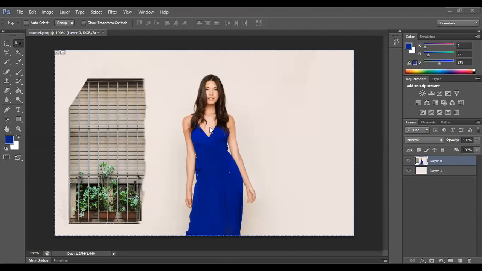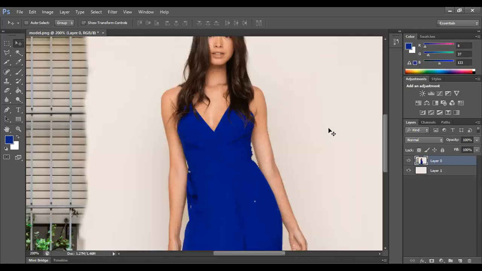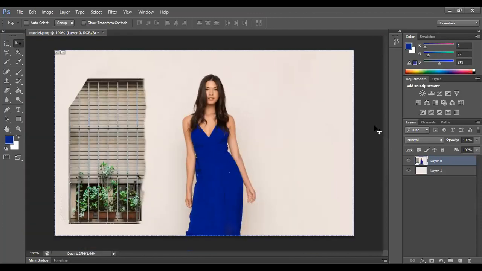The last tool I did was the dodge tool. If you want to enhance an image, so this was the original image, and I wanted to brighten up the face of this image. Okay, so I will just quickly show it to you. This was the image, and I want to brighten up the face of the image.